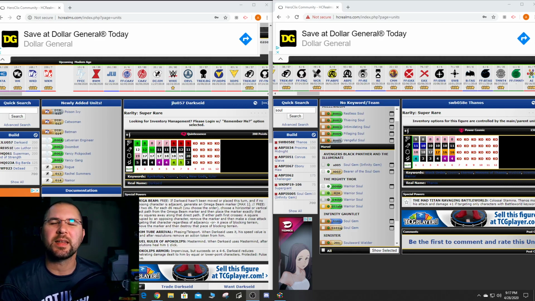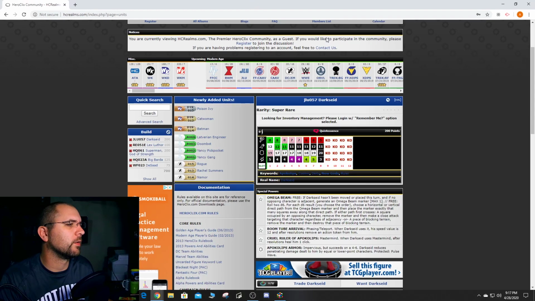Now, I'm not taking into consideration map or anything like that, just because I have no idea what maps these teams would be best on. But for the first part, I'm going for two teams, 700 points, Golden Age, just so I can fit some more useful figures on there. And I'm doing a Darkseid versus Thanos team. So the very first team, and I'll bring up the version here, is